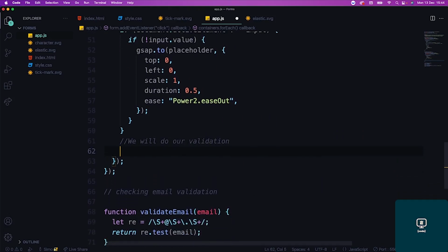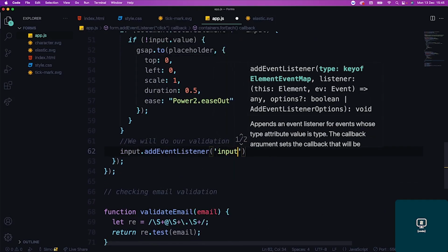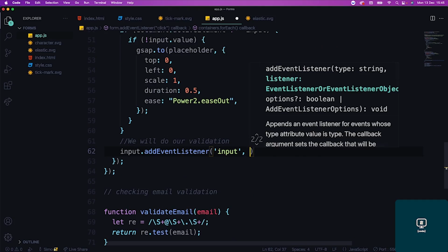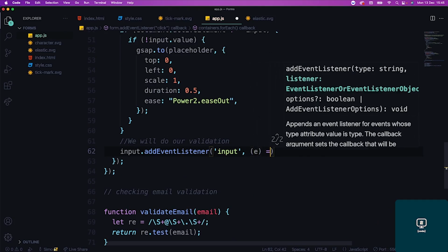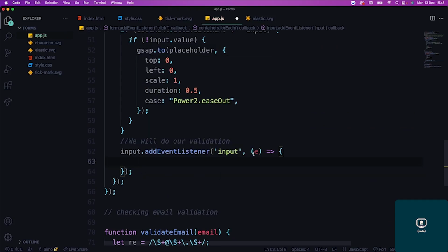So all we really need to do is grab all the inputs and add an event listener of input on them. Now, the reason I'm doing this is I want it to turn color. If it's correct, then it fades to a nice bluish color. If it's not, then it fades to a reddish color. I'll pass in the event here like that, because from this event, we can basically extract the text